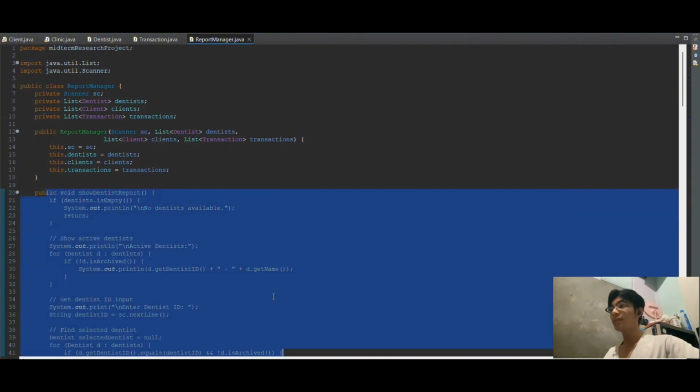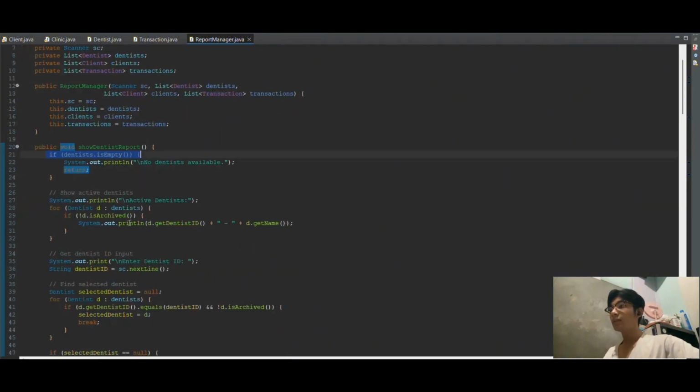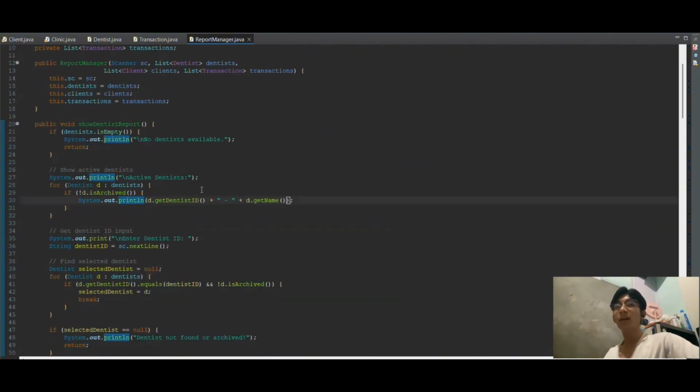Inside this method is a statement that checks if there are any dentists registered in the system. Then you can see a for loop over dentists to iterate through all dentists and display only the active dentists, excluding the archived ones.